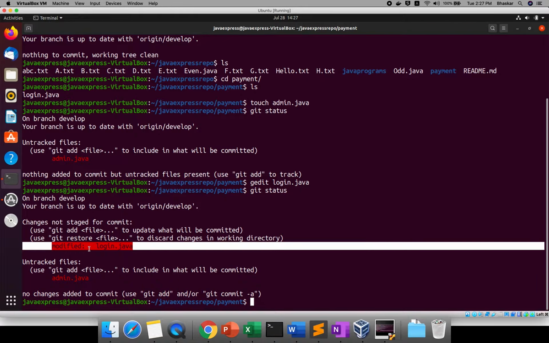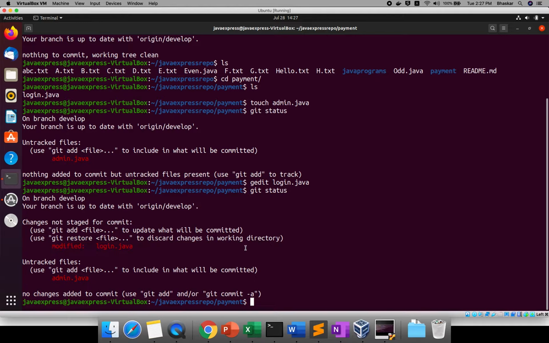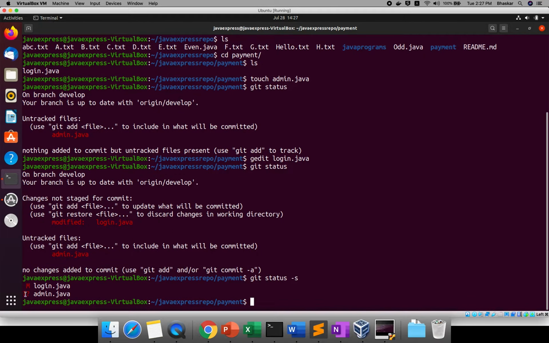Now by this time the manager came and said, hey man, there is a hot fix, there is an issue in the master branch, go and work on that branch. Right now you can park this one. You don't want to commit this file in your repository, I mean inside the staging, because this is still ongoing and your work is not yet finished, right? Am I clear as of now? Git status shows one modified file and one unknown file.